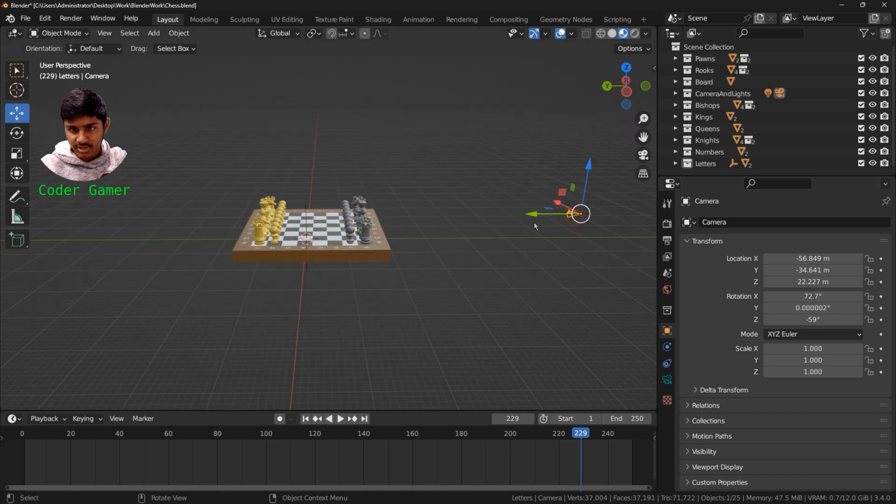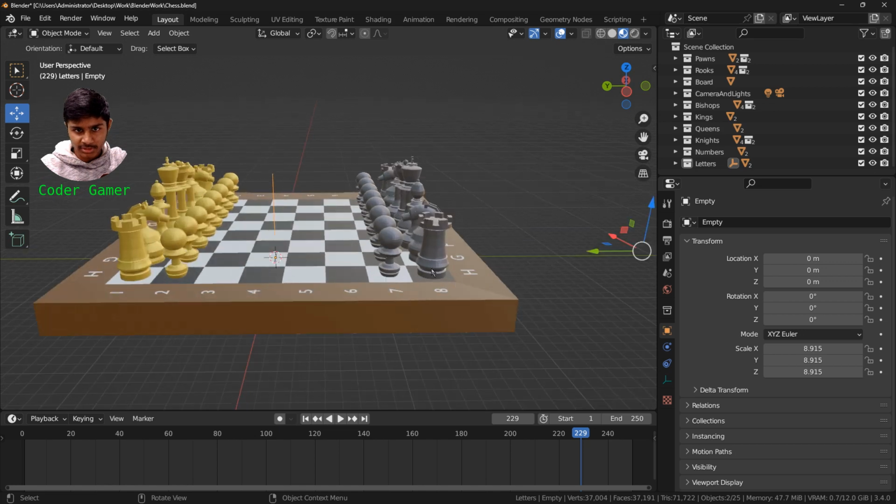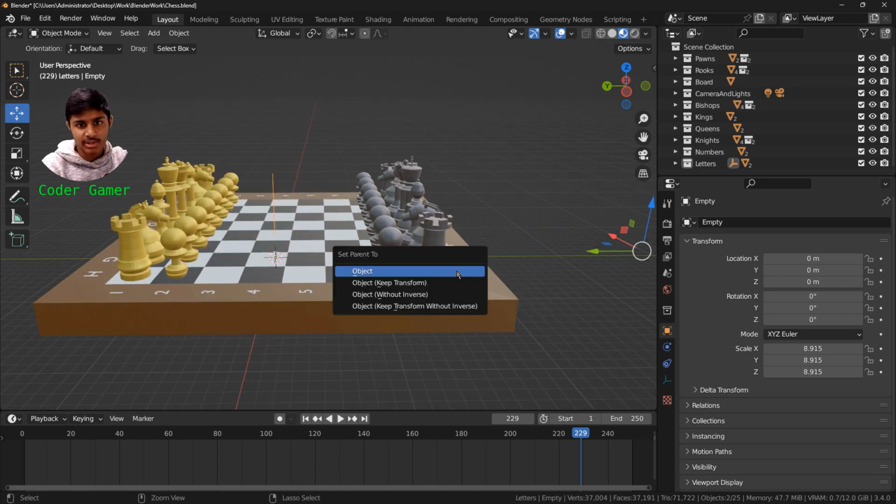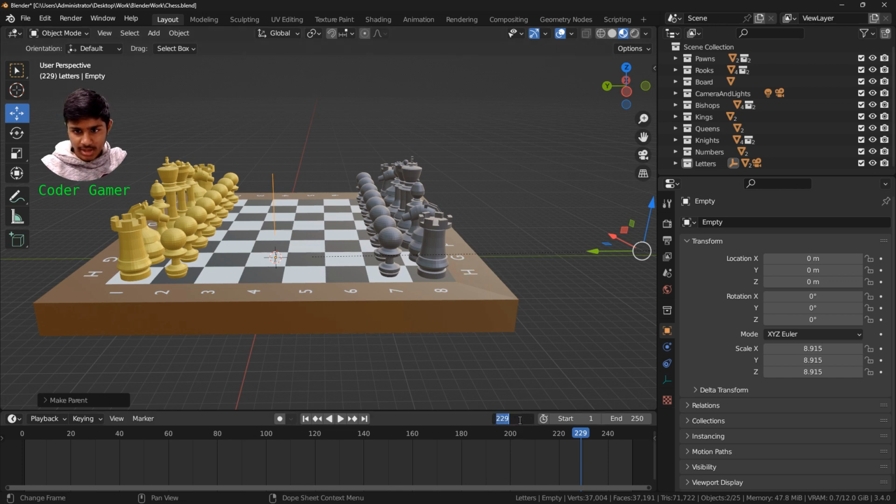So I'm pretty sure it's camera first and then empty. So we're going to try this and then Control P to parent, and we're going to set parent to just object. And now I'm going to go to the first frame